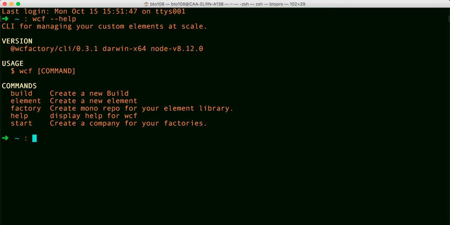So our mental model: we have a company, and a company has factories, and those factories manage and create elements. And then at the end, you're going to build those elements for production. So I've already run that command, so I'm going to go to where I have those sitting